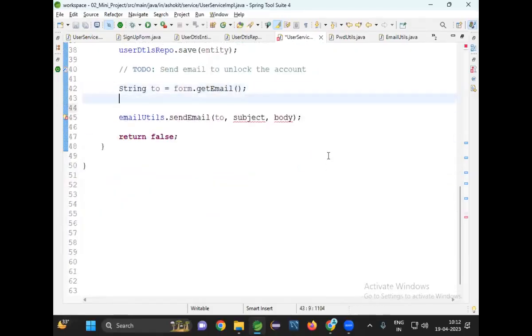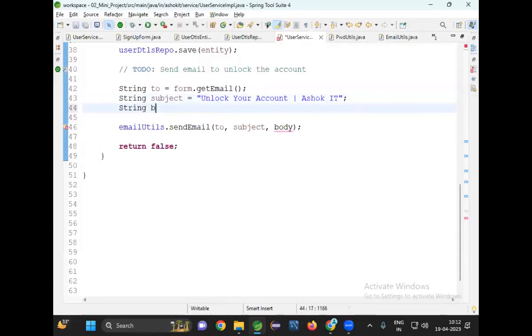Okay guys. Now similarly, string subject is equal to "Unlock your account". Subject you can give as something like this: unlock your account to access our website. Then body. In the body, I'm going to specify string body is equal to, and I can keep some tags like h1,